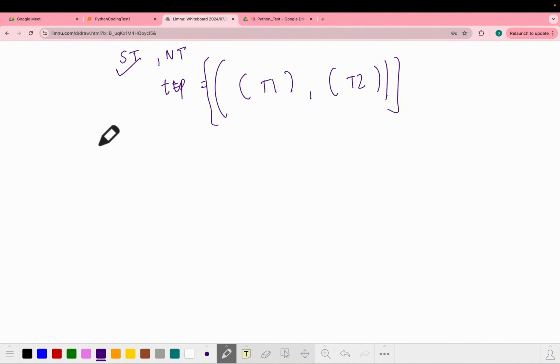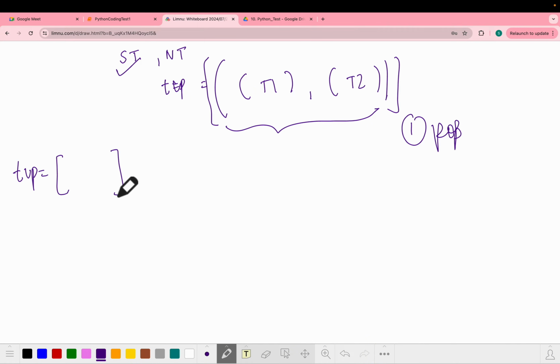So first of all, your step 1 will be to pop it out. When you pop it out, you ask, is it a tuple or not? Yes, it is a tuple. So if it is a tuple, what you will do now is your tuple will become an empty list, right? Whereas your intermediate tuple will look like this, and it will have subtuples inside it,